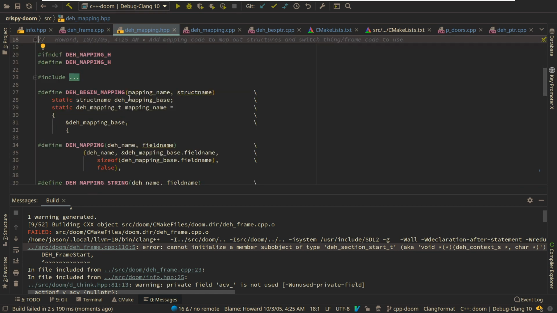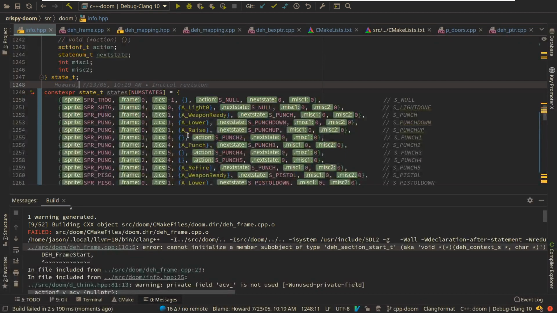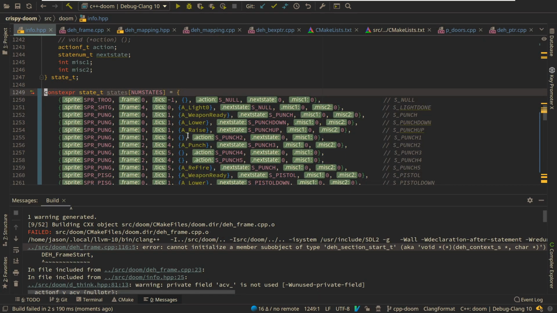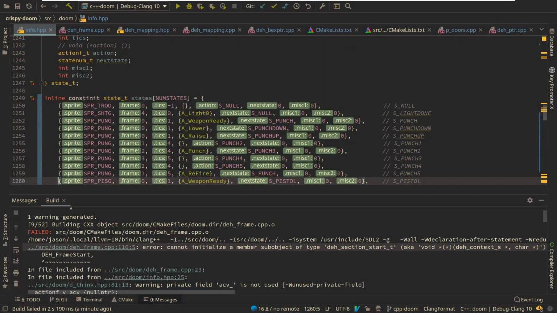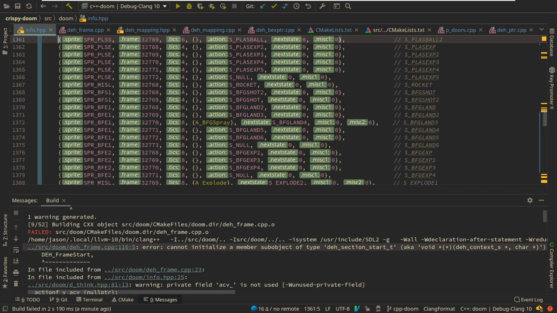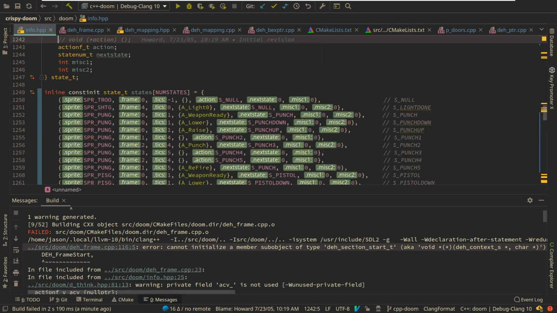Now, there's a lot of other discussion on the chat here about this. So if I make it constant, so constant values must be static. They must be initialized with a compile time constant, but they are not constants. So that is definitely a good use case for this code if we want to maintain the compatibility with the existing code. Now, having moved this into the info.hpp and making it inline, I don't know ultimately if that'll prove to be a good or a bad idea,